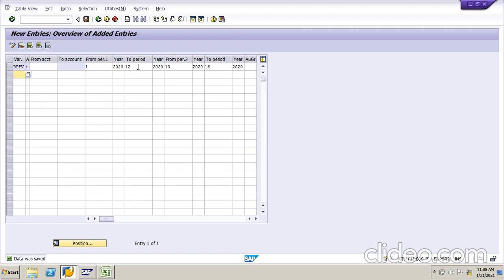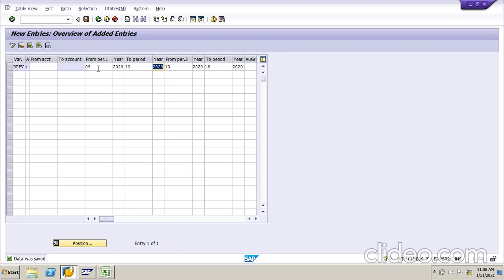If you go to the real time, suppose we are in January month, January is the 10th, so they will open only 9th month and 10th month. They will open only 2 months, present month and previous month only. So they will never open all months. So if you apply 9 to 10th, 9 is the December month and 10 is the January month. Okay, so we can post the transaction between December 1st to January 31st only. So this is called open and close posting periods.